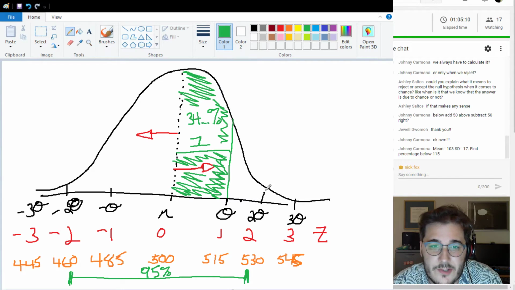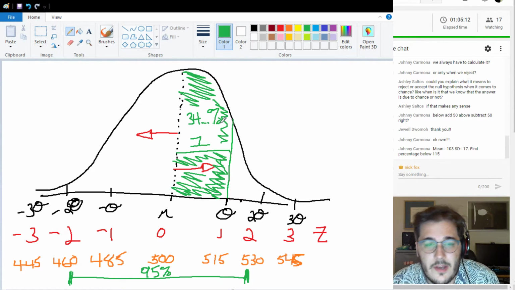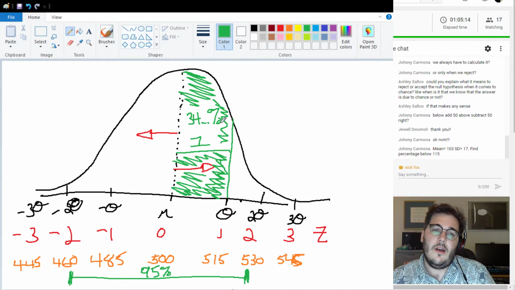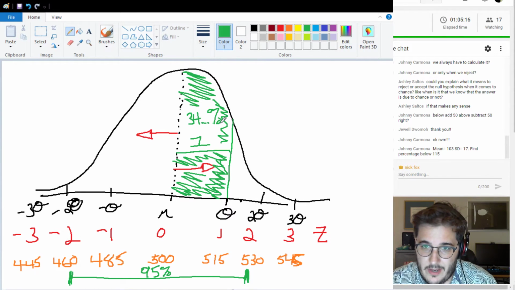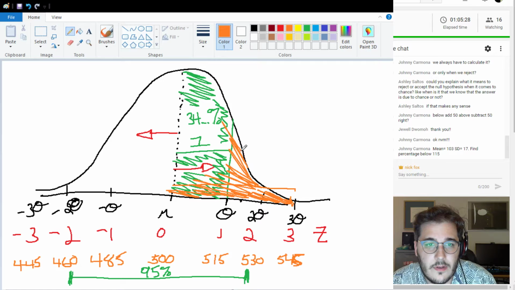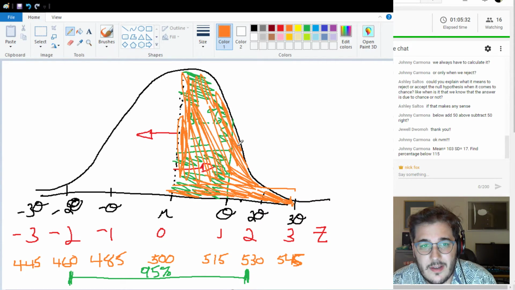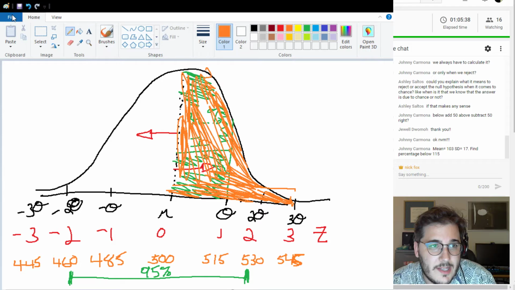Okay, if it's 2, it's some greater number. So that's what the table is telling you. It's telling you the amount from the mean to the standard deviation. So if you look up 3, it's going to give you the amount that's here. Right? So the biggest value it can ever give you is 50. But it doesn't include what's out there. Okay. So given that, let's do